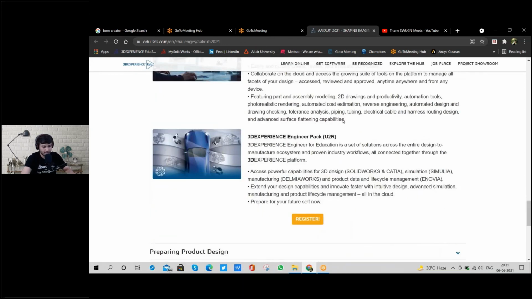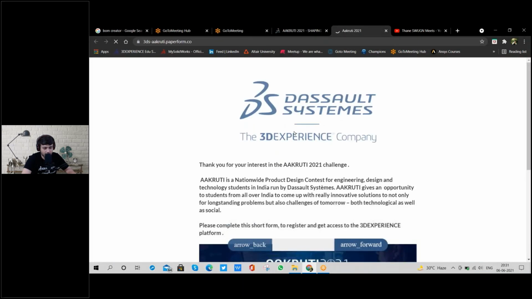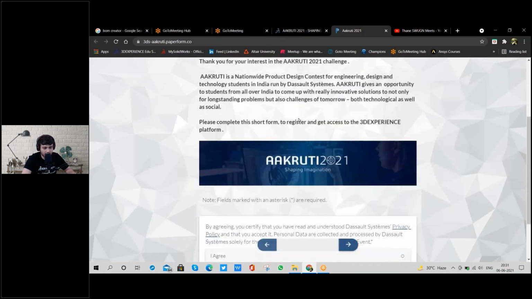You will get a personalized invitation from the 3D Experience team, the 3DS team, to the private community on the 3DX platform, the 3D Experience platform, where you can get insights about the competition. You can click the register button, and as you can see, the registration platform is open.